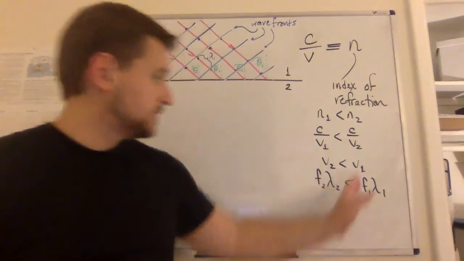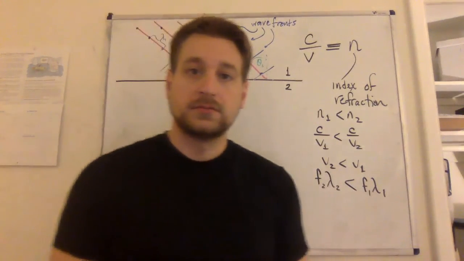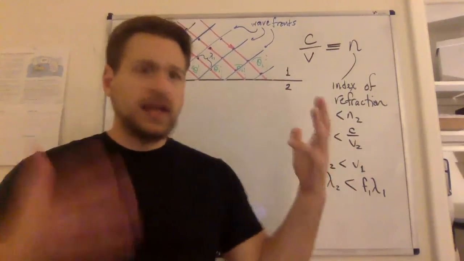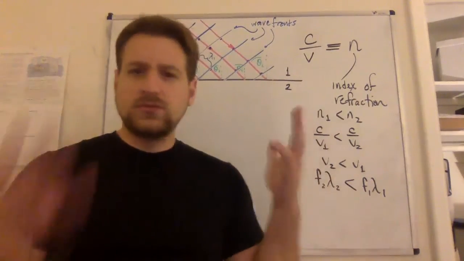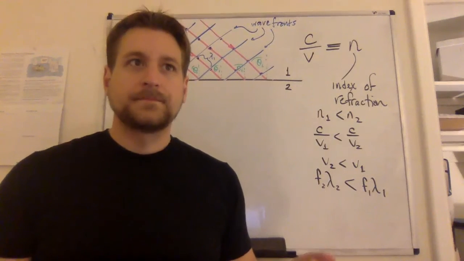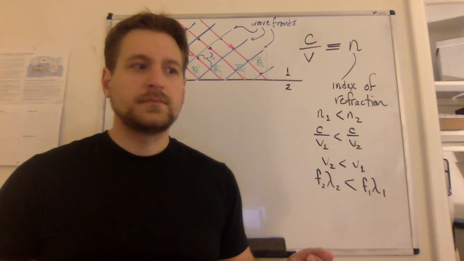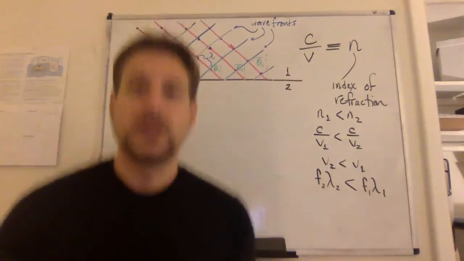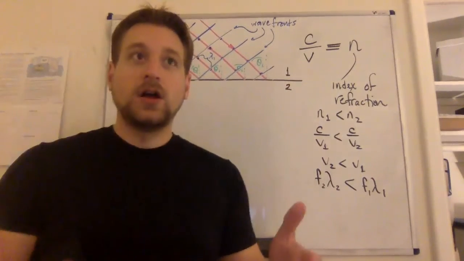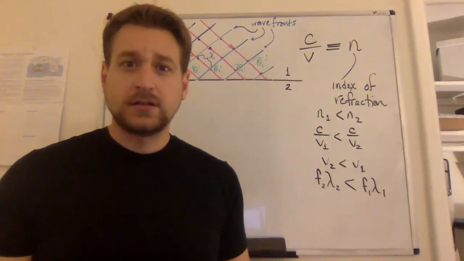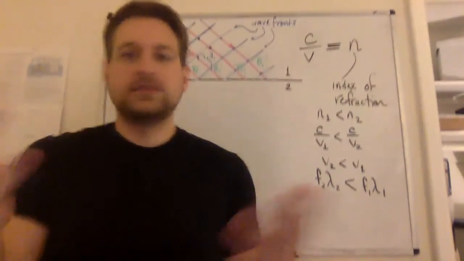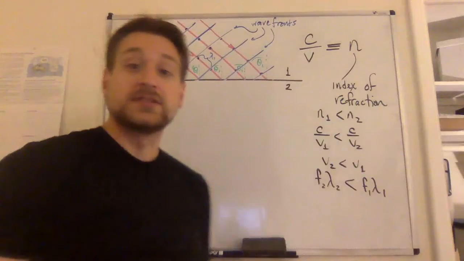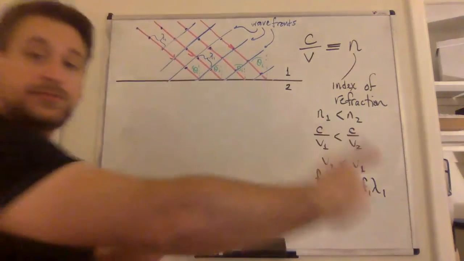We can't have different frequencies on one side and the other, because then we've got a particle at the boundary trying to simultaneously do two different rates. It's like if I said, okay, jump up and down. And then while you're doing that, also jump up and down twice as fast. It's not a thing we can do. The frequency needs to be the same across the boundary. This is called continuity. Things have to line up from one side to the other.